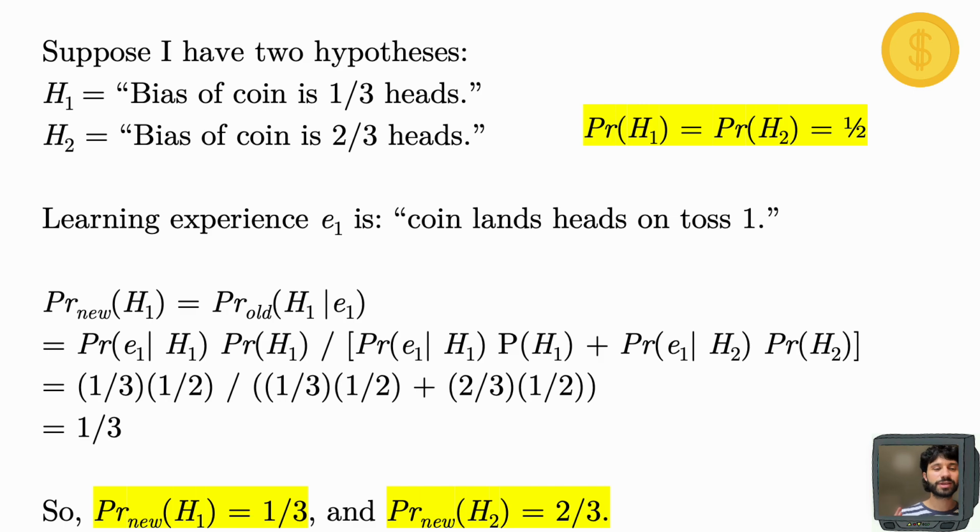Okay, so let's think about this for a second. One of the hypotheses says that the bias of the coin is going to be geared towards tails, whereas the other one says it's going to be geared towards heads. Right? We flip the coin once, and after seeing our first piece of evidence, it lands heads. So it's natural that we're going to think, well, probably it's geared towards heads. And so this is what this shift in probabilities, going from 1/2 to 1/3, and from 1/2 to 2/3, is